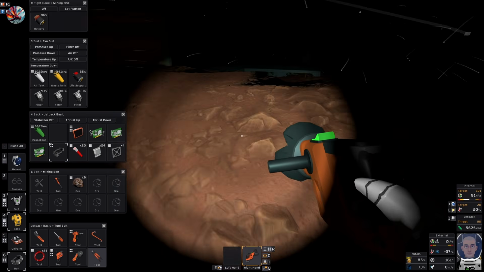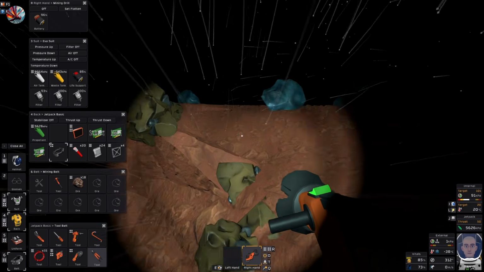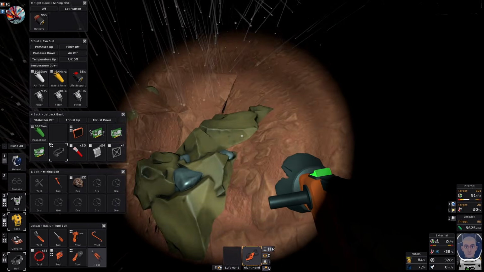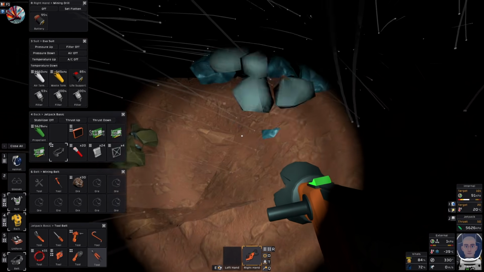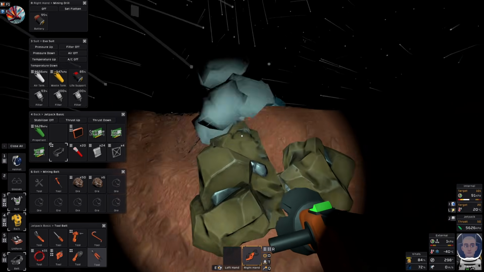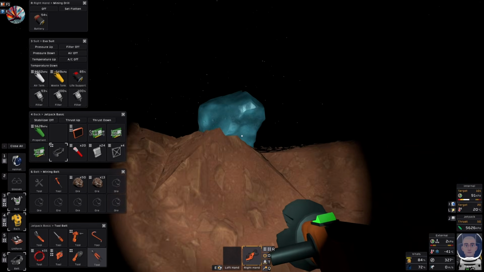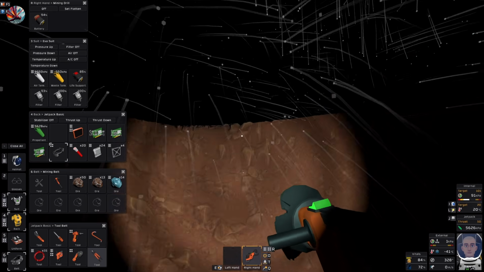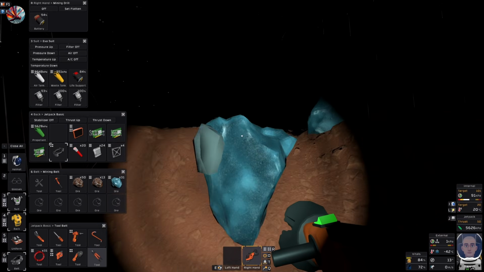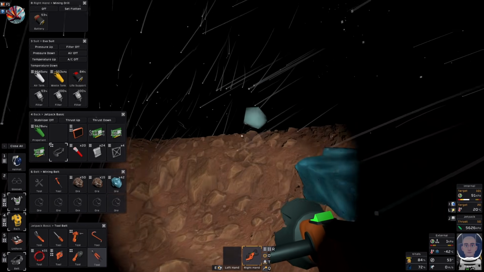I'm not going to mine too deep here because obviously I'm trying to flatten this area out. So I'm just going to take the stuff off the top, as it were. That's a bit of rubbish. A bit of oxide, definitely need oxide because as I said I've got no oxygen now. I've got water in my tank and that is it. Which means I'm going to be fairly quick to get to a